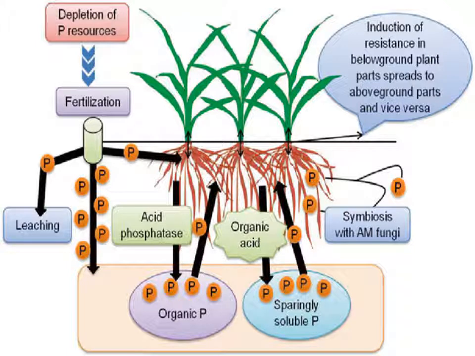This is again a diagrammatic presentation where all the organic acids working in the rhizosphere are secreted by the organisms in the rhizosphere, which activate the mycorrhizal fungi, and even induce resistance in the plant to fight against pests and diseases. It even prevents the leaching of phosphorus, which is a very major role to conserve the nutrients in the